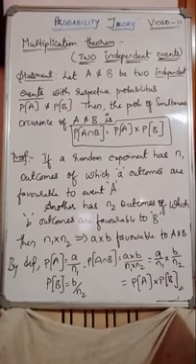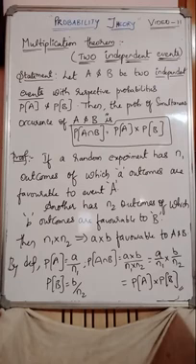Very good morning, students. In today's video I am going to deal with the multiplication theorem of two independent events. In the previous video we discussed two dependent events using the conditional probability concept, A given B or B given A, and I have given you the proof. Hope you understand that. Now in this video let us see how the multiplication theorem of two independent events has been derived. Look at the statement.